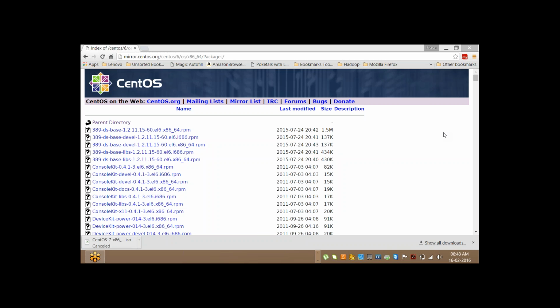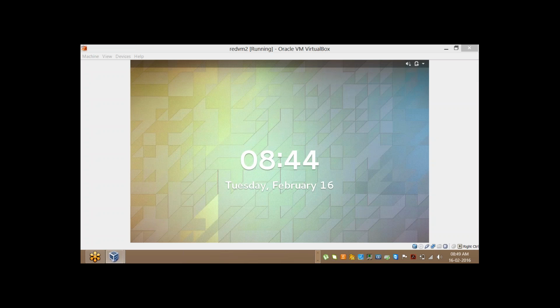All right. So this is the operating system post the installation in a graphical mode. We'll go through the steps on how to perform the installation as well. So here, if you can see,